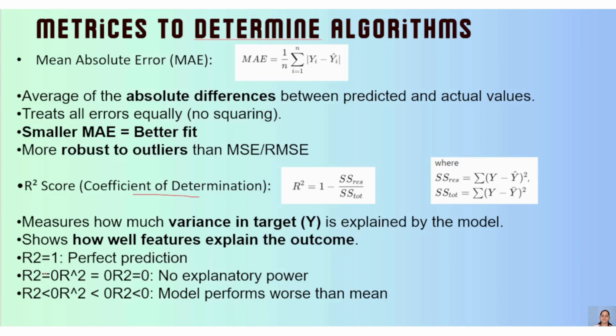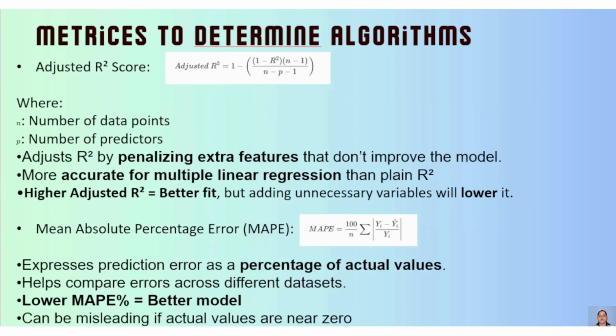So if R2 is coming 1, then that means a perfect prediction. The value we saw in our real example is coming somewhere around 0 to 1. So we saw somewhere around 0.9, 0.5, 0.32 like that, right? So you can see what is what. If it is 1, then the prediction is perfect. If it is 0, it is not able to understand the data. If it is coming between 0 to 1, that means it is moderately performing or performing better or okay.